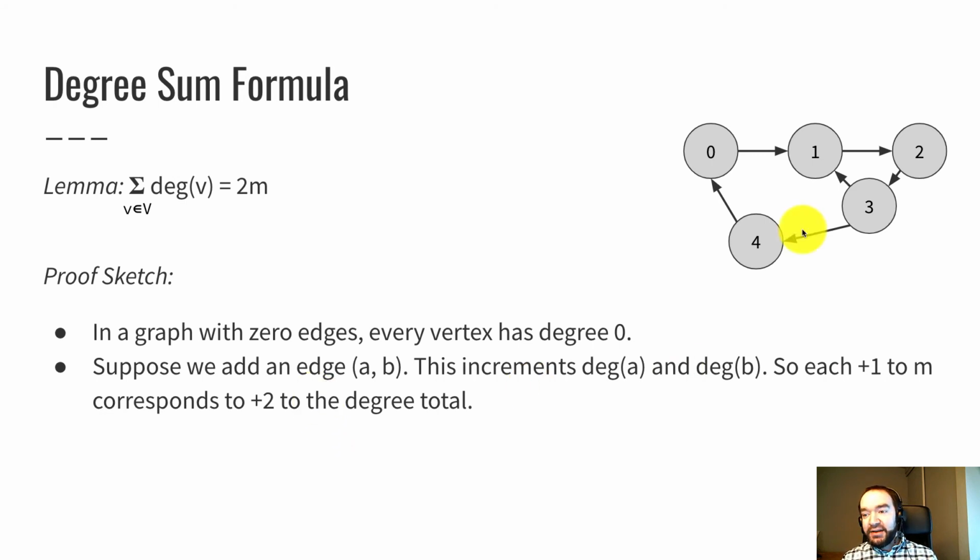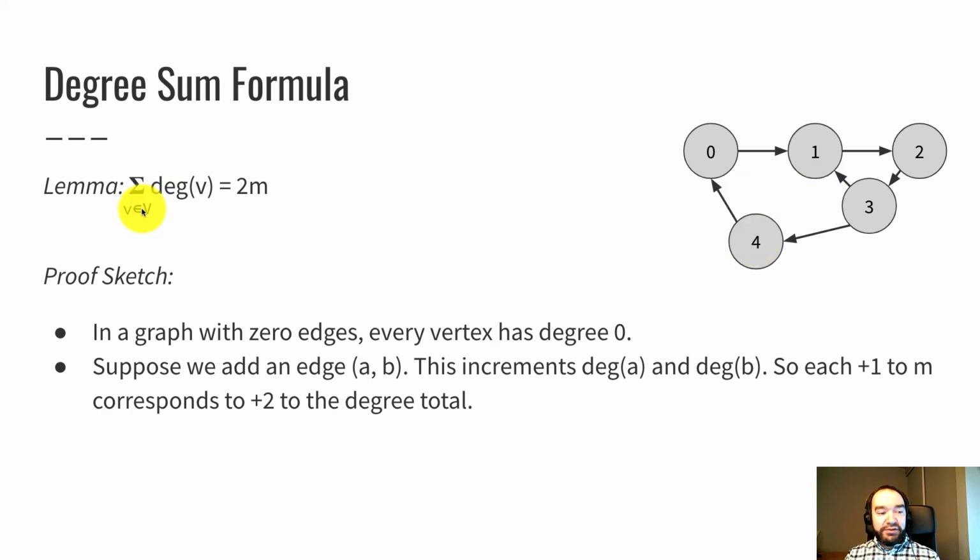If I were to add another edge in this graph example over here, let's say from 1 to 4, let's see what we've got beforehand. Beforehand, I have 1, 2, 3, 4, 5, 6 edges. This equation says that if I add up all the degrees, I should get 6 edges times 2, which makes 12. Let's try it. 0 has degree 2, 1 has degree 3 for a total of 5, 2 has degree 2 for a total of 7, 3 has degree 3 for a total of 10, 4 has degree 2 for a total of 12. So in this example, that works.